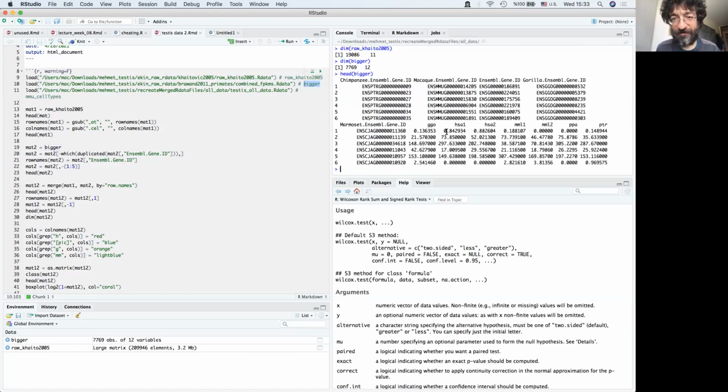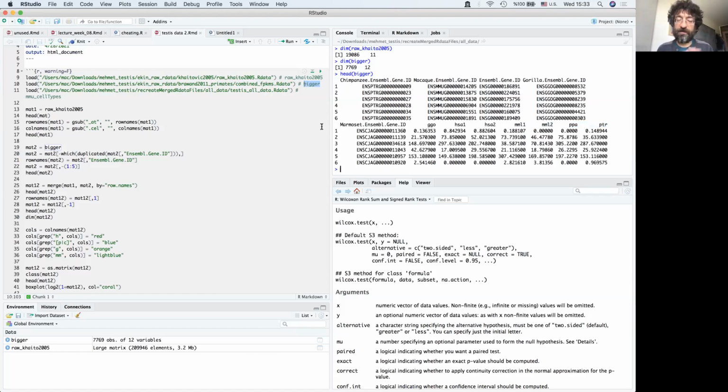Somebody compiled it with different gene IDs: chimpanzee Ensembl gene IDs, macaque, and human Ensembl gene IDs. And then GGO is for gorilla, the two humans, two macaques, and this is Pan paniscus, bonobo, Pan troglodytes, the common chimp. We'll treat bonobo and chimp as the same species. They're very close anyway.